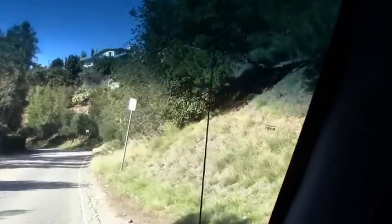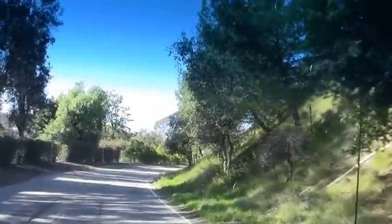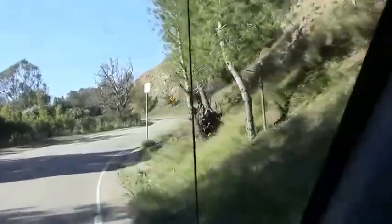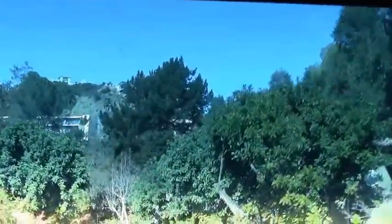Okay, I mentioned Drew Barrymore's home on top of the hill. You can see the home from US 101, from where the Hollywood Bowl is, from Mulholland Highway, and all the streets around here. So she doesn't have any privacy. You will see the house at the edge of the cliff. Drew Barrymore was the child actress in E.T. Right there on top, you will see Drew Barrymore's home. And as we go down the hill,